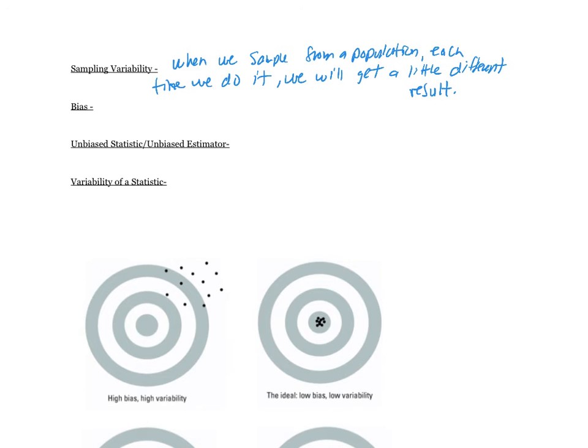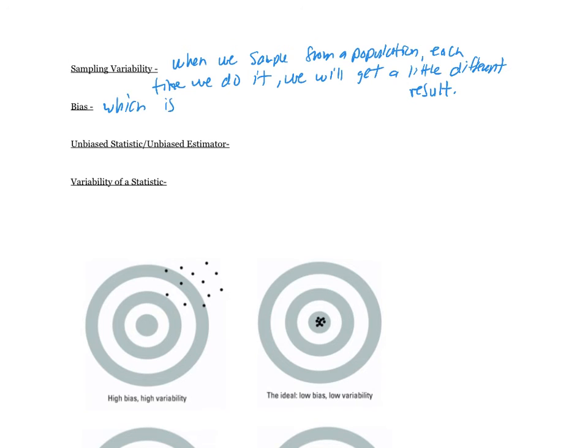Okay, that's how we ended up with those entire distributions in those graphs. That's sampling variability. What this chapter is really going to teach us about is sampling variability, because we can actually quantify it, we can describe it, and then we can use it to our advantage when we're making inferences about a population. One thing we're trying to avoid is bias,